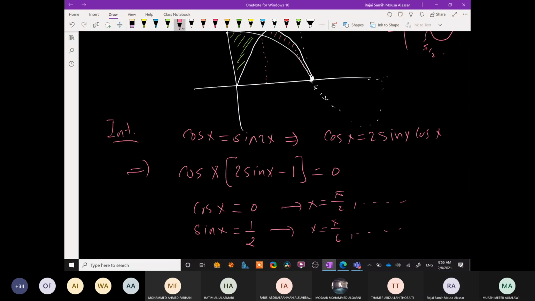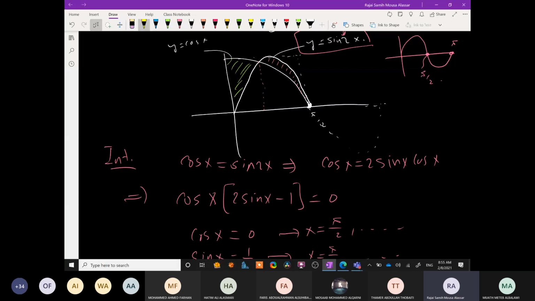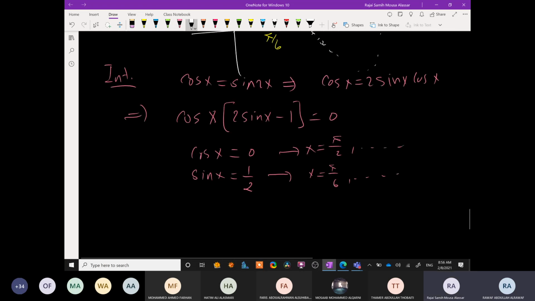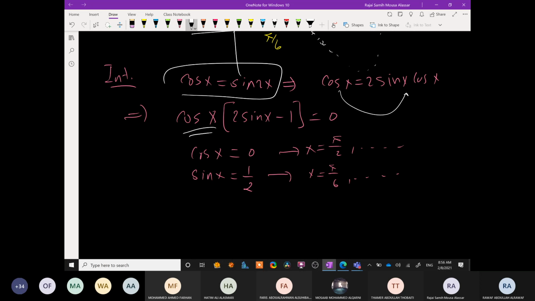We don't need that. We only need this. Pi over 6. Okay, fine. So I have it now. It's pi over 6. Yes, sir. How do you do the first step? Which one? This one? No, the second one. The third one. Oh, I put the cosine here and I took it as a common factor. Oh, okay. Yes. That's it. Okay, so now,